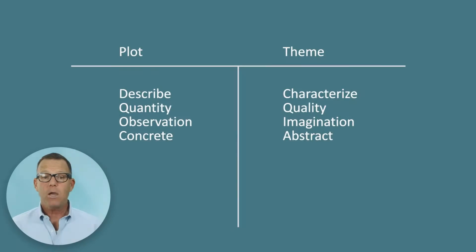So there's our word abstract. Now let's go back to the T-graph. We've got plot and theme, and now we've added concrete and abstract. And what I want us to do is start at the bottom of each column and move up and look how the words are all similar. So we're starting with plot, we're starting with the word concrete, and notice how concrete is about the physical world, which is something that we observe, we can quantify, we can measure the physical world, and we can describe the physical world. Now let's jump over to theme. Abstract. Abstract comes from our imagination. It is a quality and is the act of characterizing.